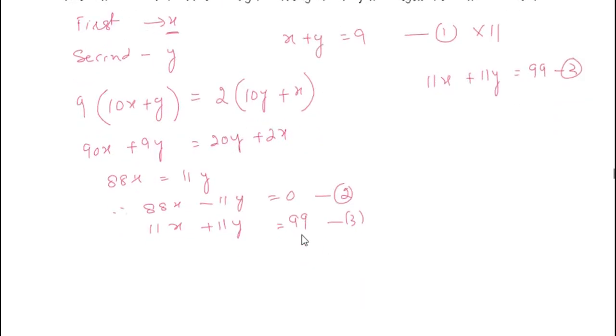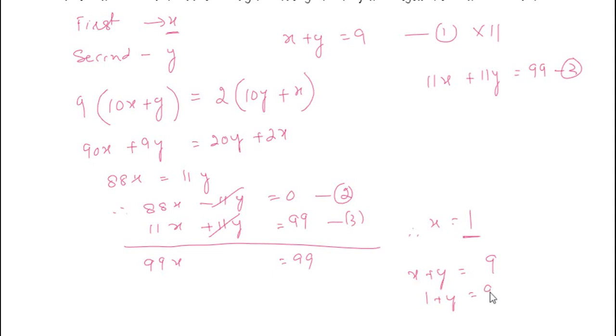Now you add these two equations. When you add these two equations, 11y minus 11y cancels. 88 plus 11, 99x is equal to 99. Therefore, x equal to 1. Substitute in equation 1, that is x plus y equal to 9. So 1 plus y equal to 9. Therefore, y equal to